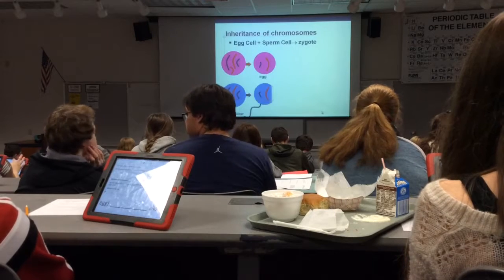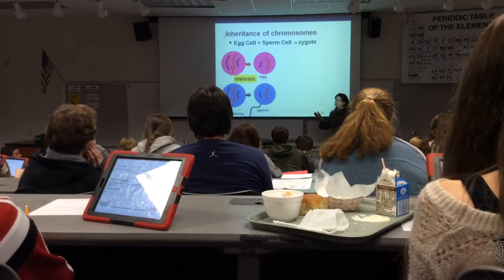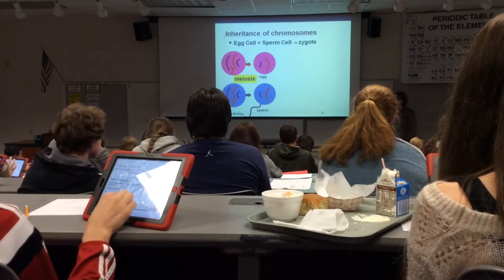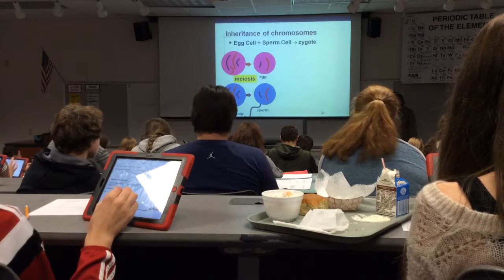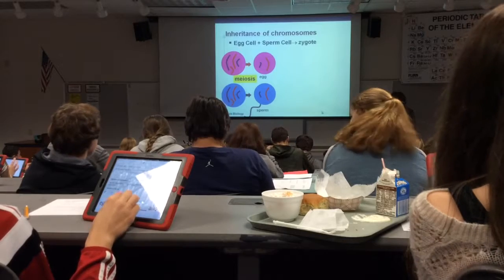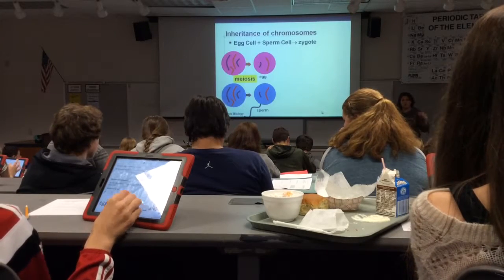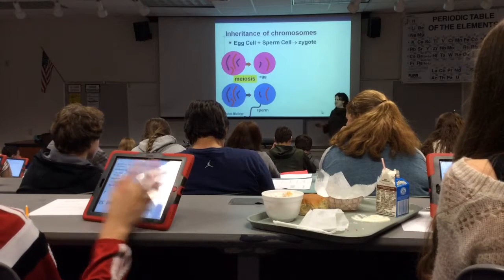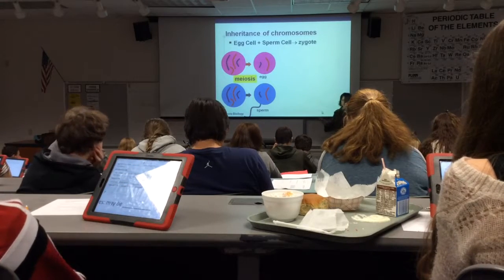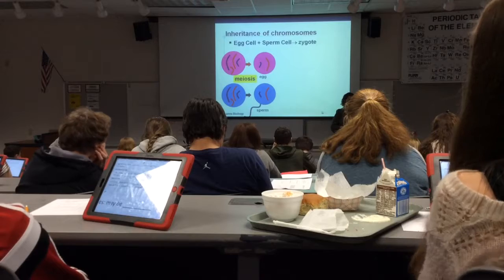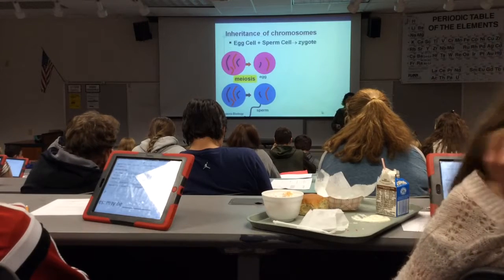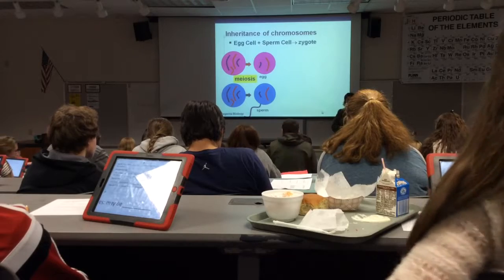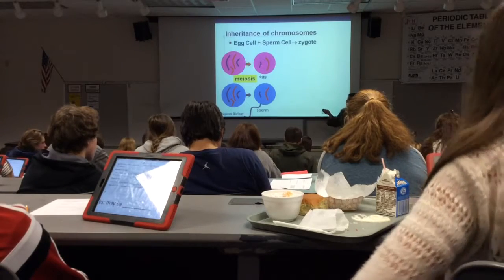When we make reproductive cells, there's a unique process called meiosis. Meiosis means to reduce or to cut in half. We have to reduce the chromosome number. So when our reproductive cells, or plants' reproductive cells, are being made, it starts with a cell that has a copy from each of their original parents. But when we make the reproductive cells, through a unique process called meiosis, you only get one